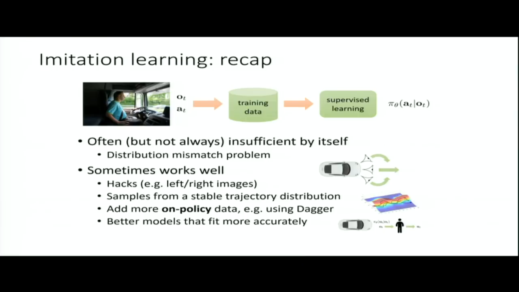Or you just use better models that fit the data more accurately so that this drift is less of a problem. The problem never completely goes away, but it might be less of a problem in your particular use case. As a general point, if you have a problem you're trying to solve with imitation learning, and you'll probably discover this on your homework too, just behavior cloning is actually often pretty good. Can't promise that it'll work, but it's definitely worth a shot.